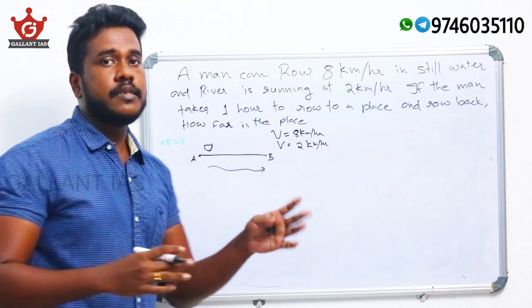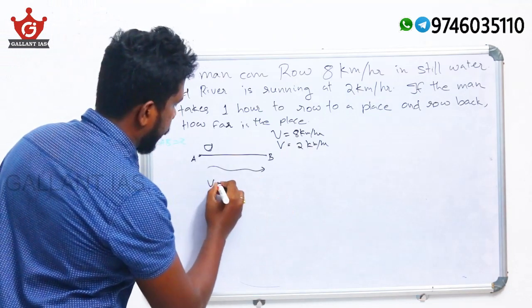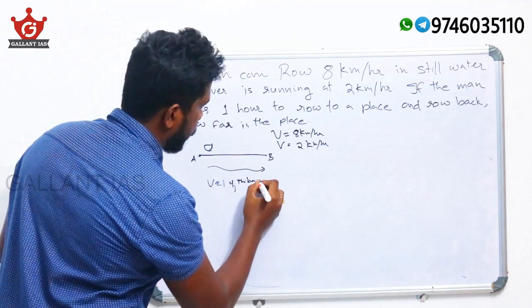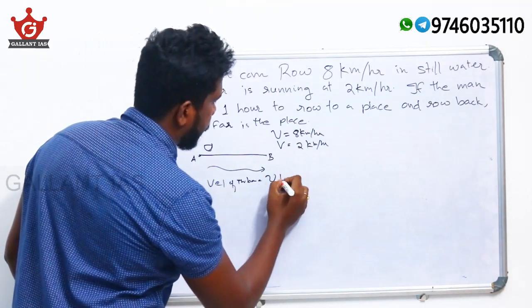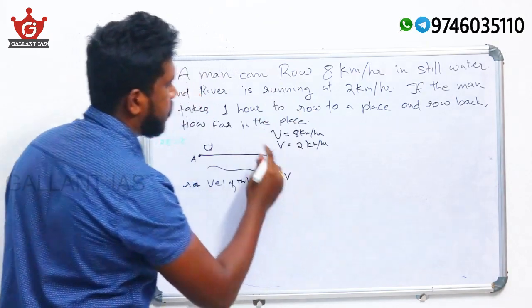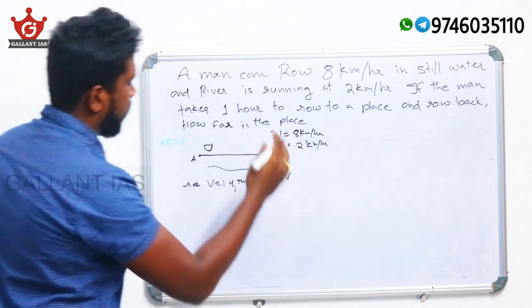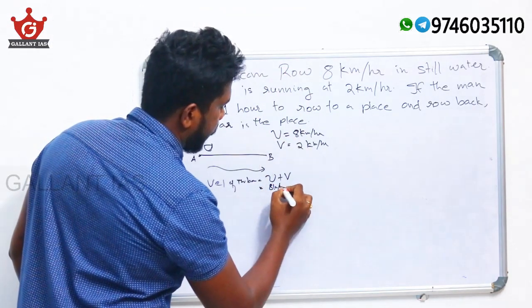So this condition is a downstream condition. The velocity of the boat is equal to the resultant velocity, that is the velocity of the boat in still water plus the velocity of the river. So U plus V, that is 8 km per hour plus